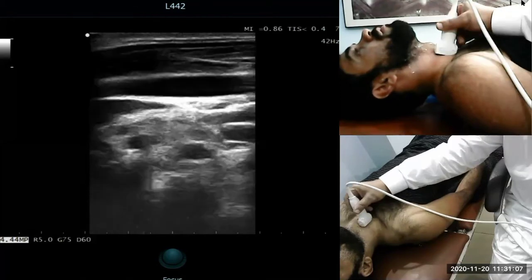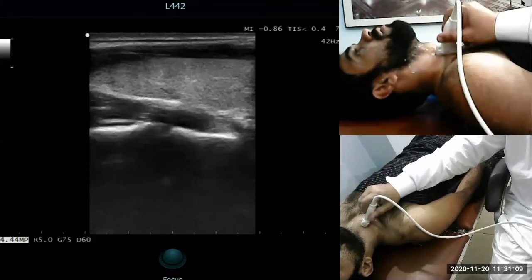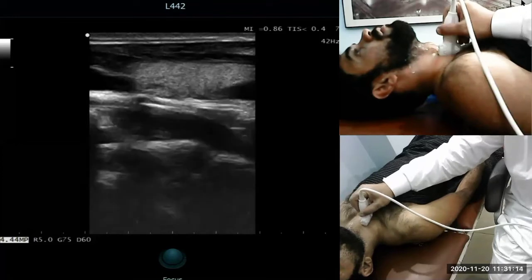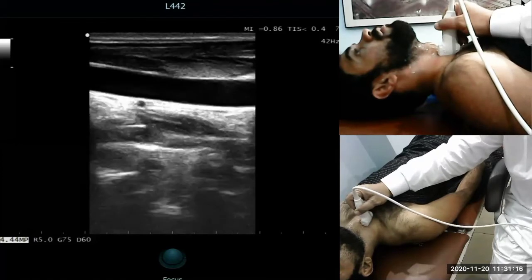This is lateral, this is medial. So I am going a little lateral. So thyroid, common carotid artery,